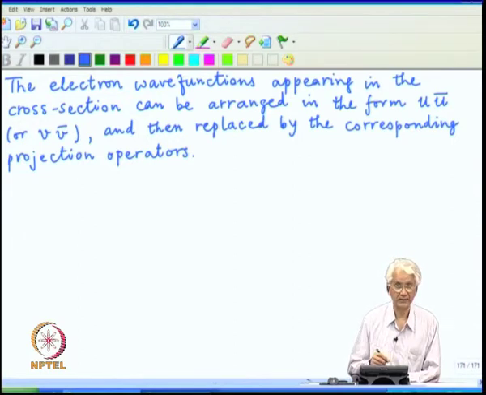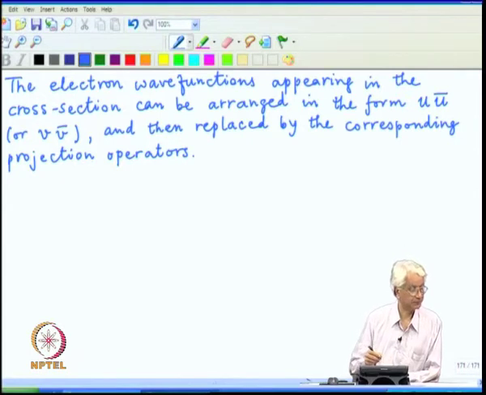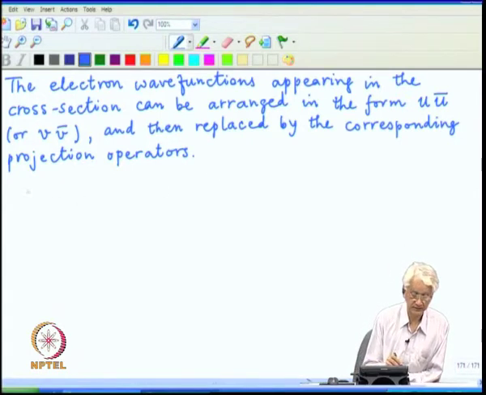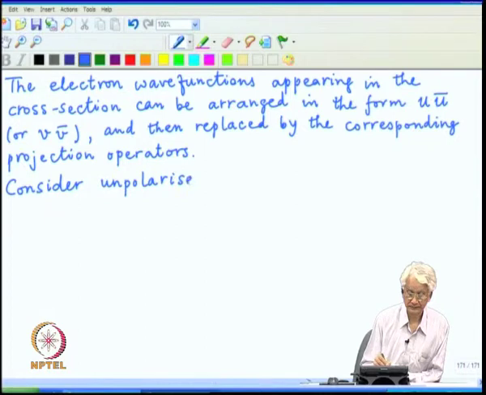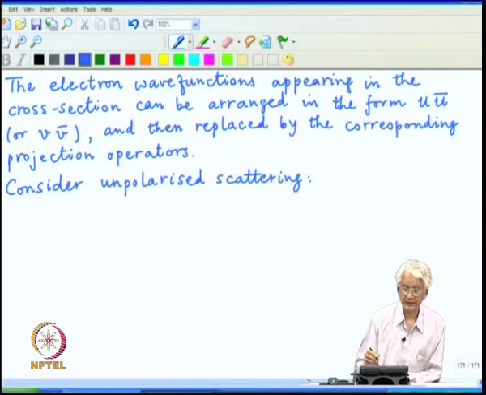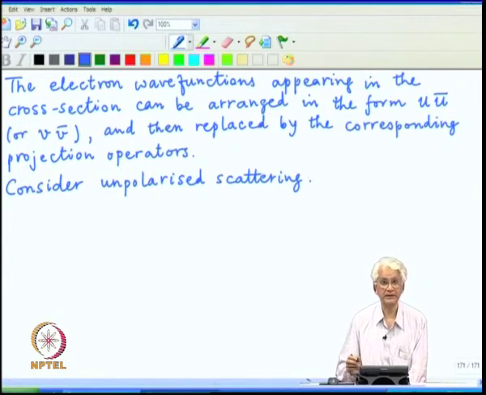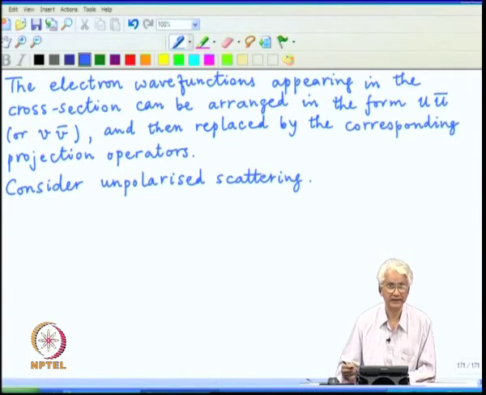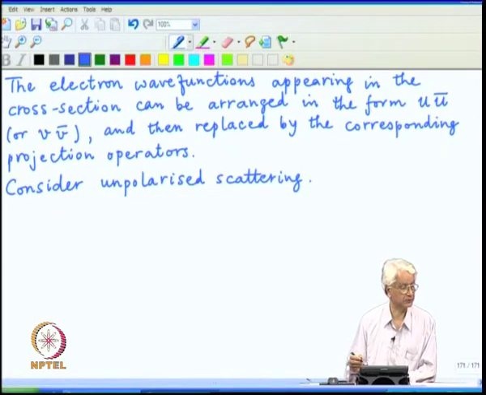So, if it is an electron, it will be p slash plus m divided by 2 m, and if it is a positron, it will be p slash minus m divided by 2 m. So, let us just work it out explicitly. So, consider now the special case of unpolarized scattering, which means that the initial values of the two polarizations are equally likely, and in the final state we do not observe the polarization, we just sum over the two possibilities.